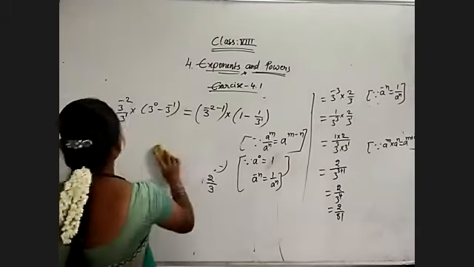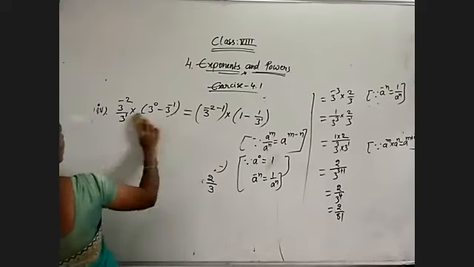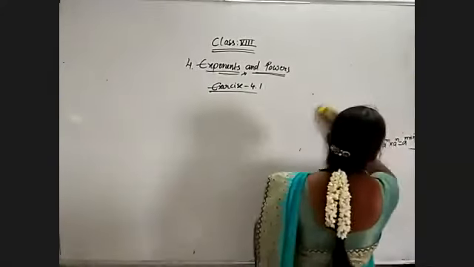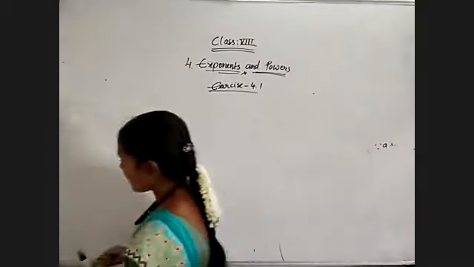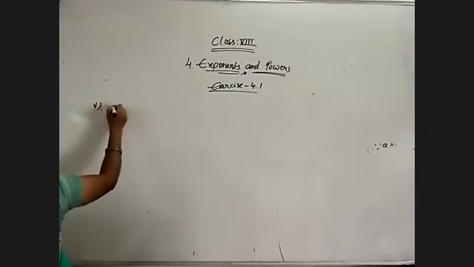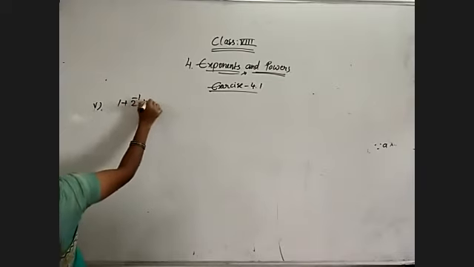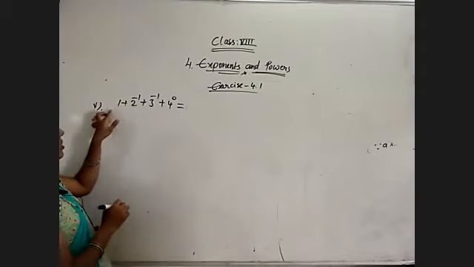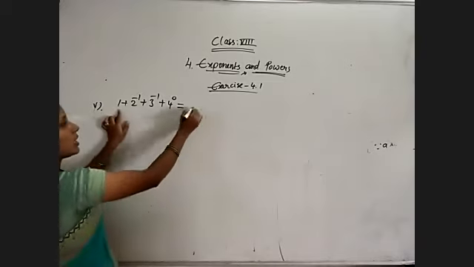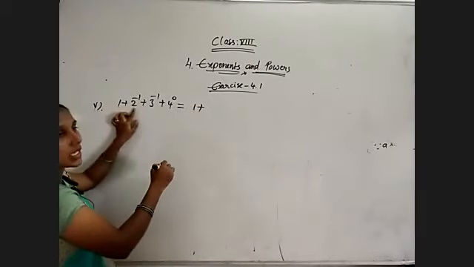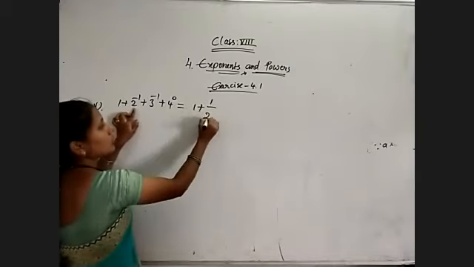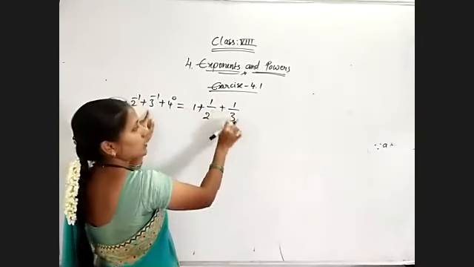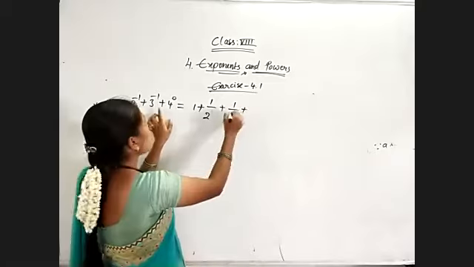Next, fifth problem. Still 2 problems are there in this question. Fifth problem: 1 plus 2 power minus 1 plus 3 power minus 1 plus 4 power 0. Just observe here, there is no multiplication given, only plus. So simplify each and every term first of all. 2 power minus 1 is in a power minus n form, so 1 by 2 to the power of 1, that is nothing but 1 by 2, plus 1 by 3. 3 power minus 1 means 3 to the power of 1, that is 3 itself. 4 power 0 is 1.